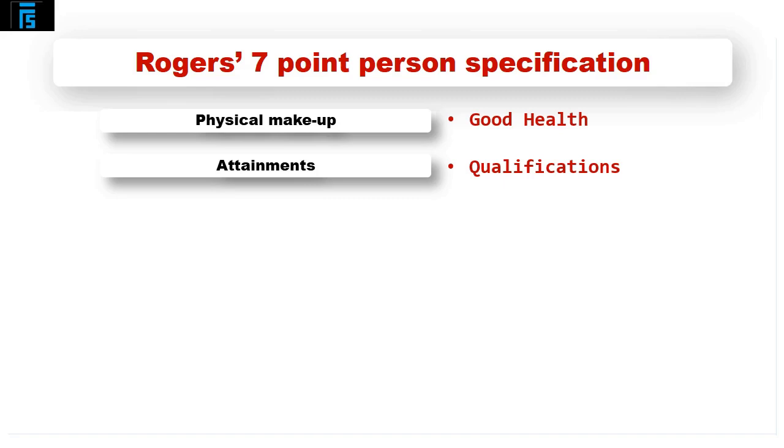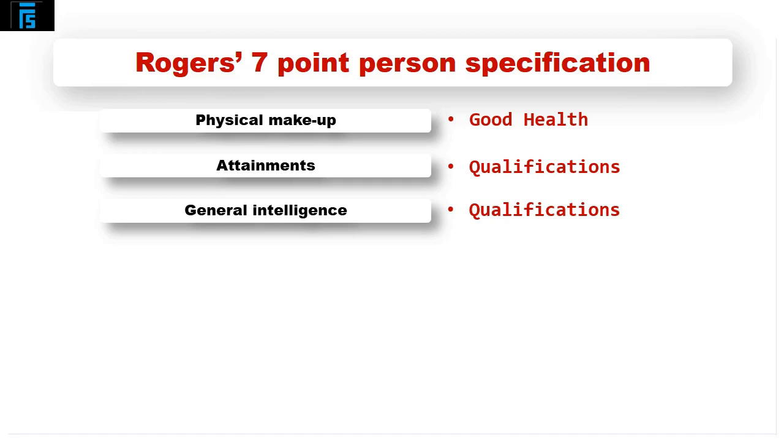I am also, interestingly enough, a qualified teacher, although I can't say that for all the lecturers here. But all the lecturers here are qualified accountants. So you would expect me to be a qualified accountant because I'm trying to help you to get through your accountancy qualifications. General intelligence. Now, obviously, in this particular case, that is probably covered by the one that we've just said. Because I've passed all my accountancy exams, I think we can probably work out that I had the intelligence to do those.